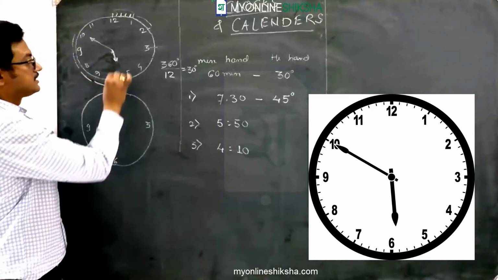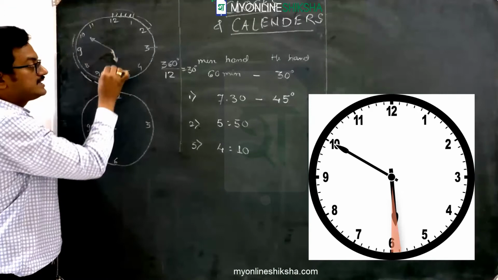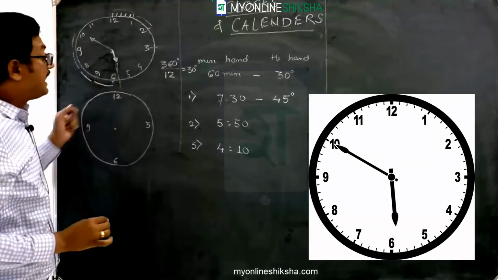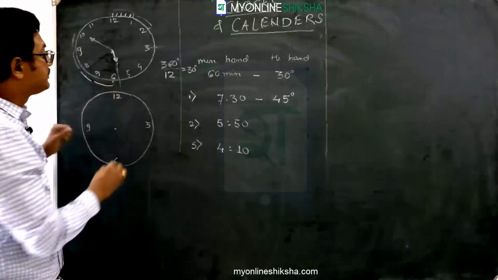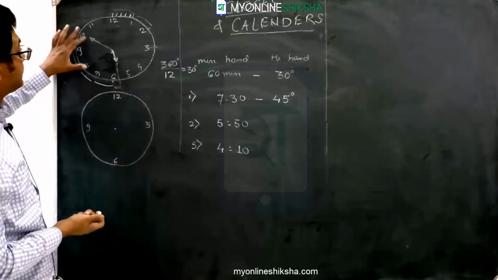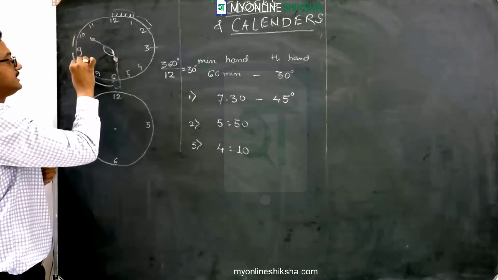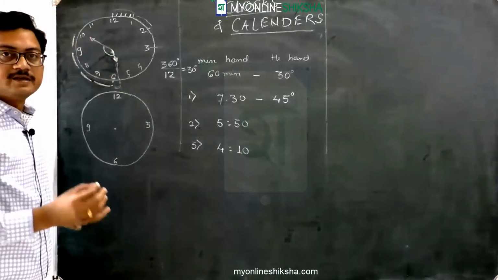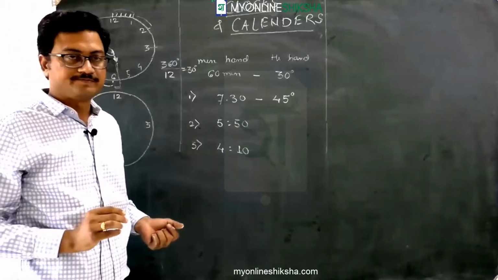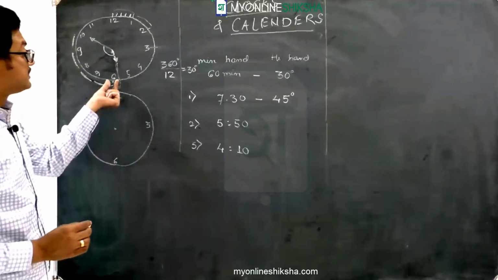But you need to also consider that the minute hand is at 10, but the hour hand is not at 6, it's slightly behind 6. The hour hand is slightly behind 6, and hence we need to find out this angle as well. Okay, now what can be this angle? Now we know that if we want to find out this entire angle, this has 30, 60, 90, 120 degrees. Beyond this 120 degrees, it has got some more degrees over here. We need to find out this value. First and foremost, how much this value might be.